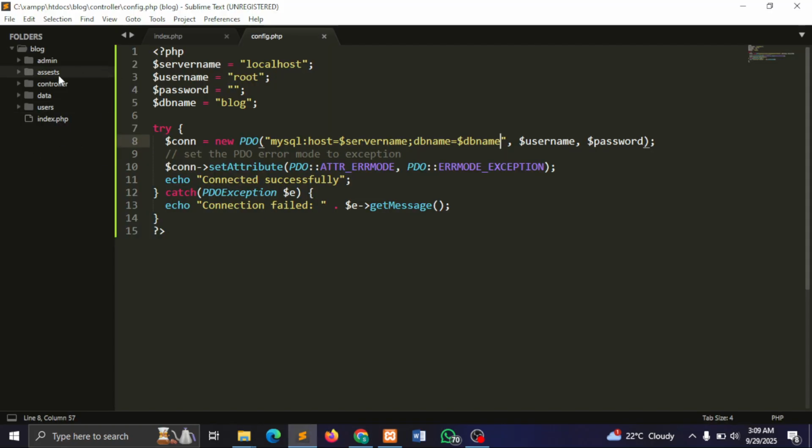If we go back to our project in Sublime, we have assets and we have bootstrap. Right, so our workspace is set up,